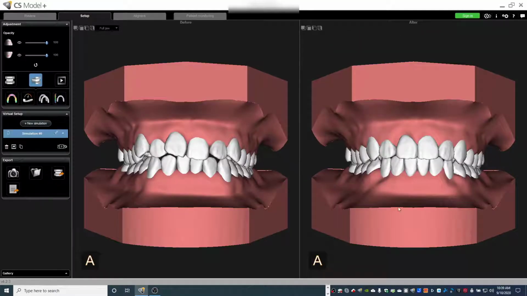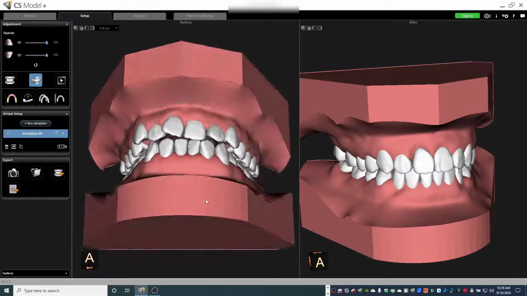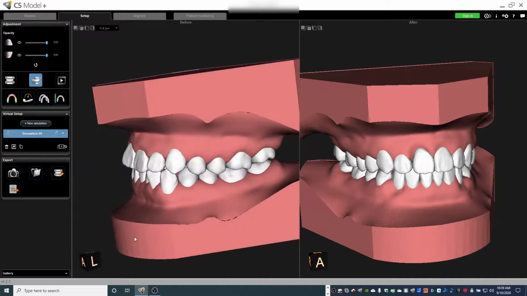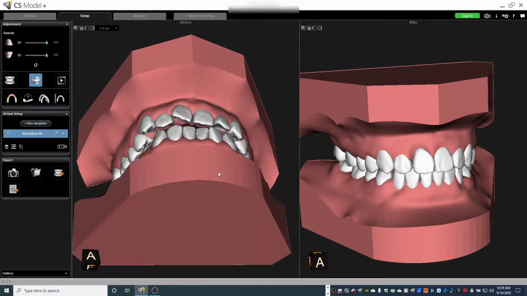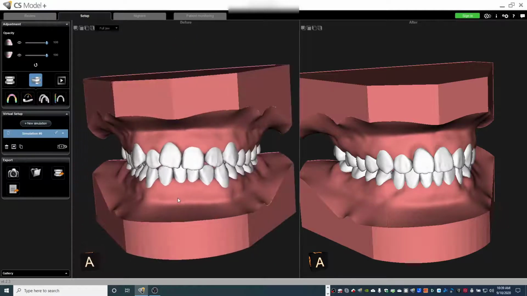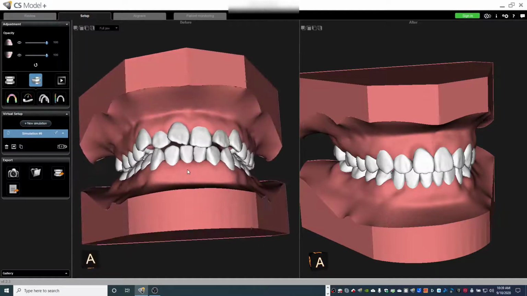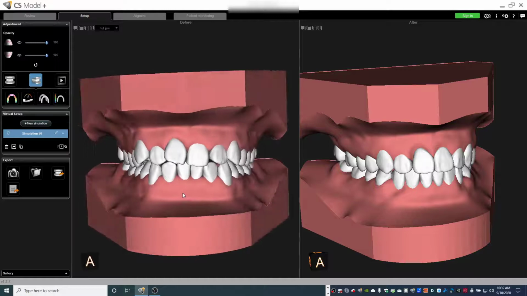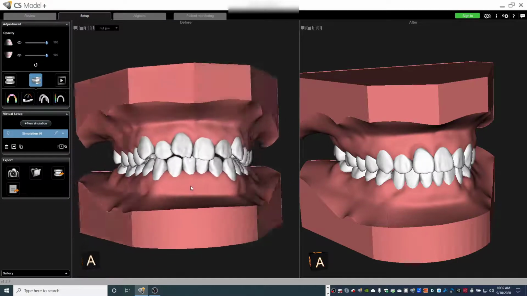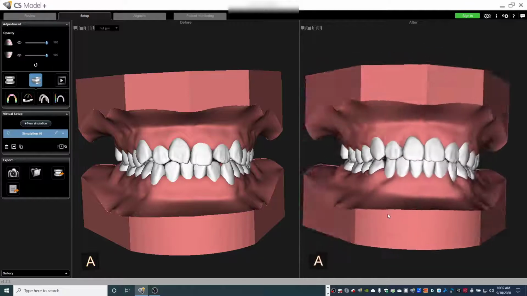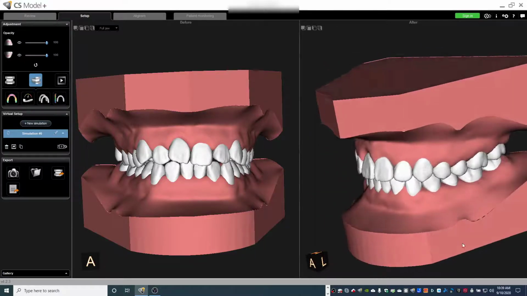So yeah, this is the before. You can see she's class 1-ish, maybe a little bit class 2 on both sides, some overjet, and some pretty severely rotated and malposed incisors on the upper and the lower. It's an intermediate to fairly difficult case, and this is what the software generated, and that's pretty reasonable